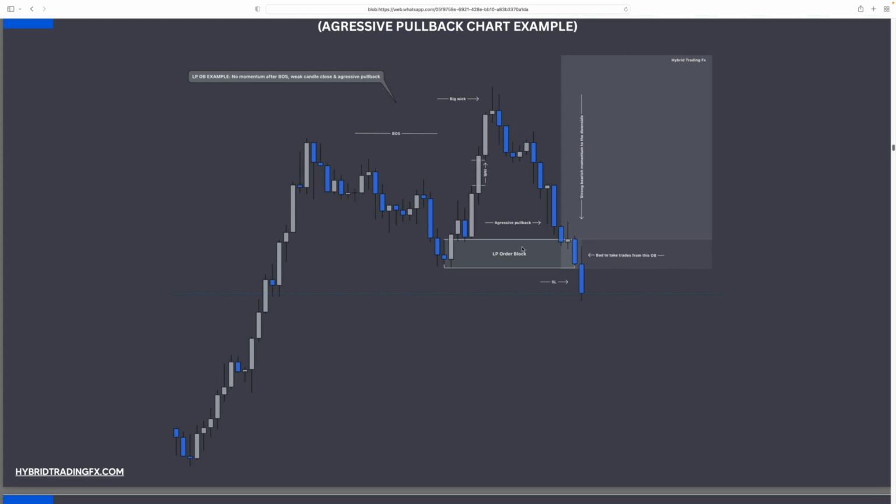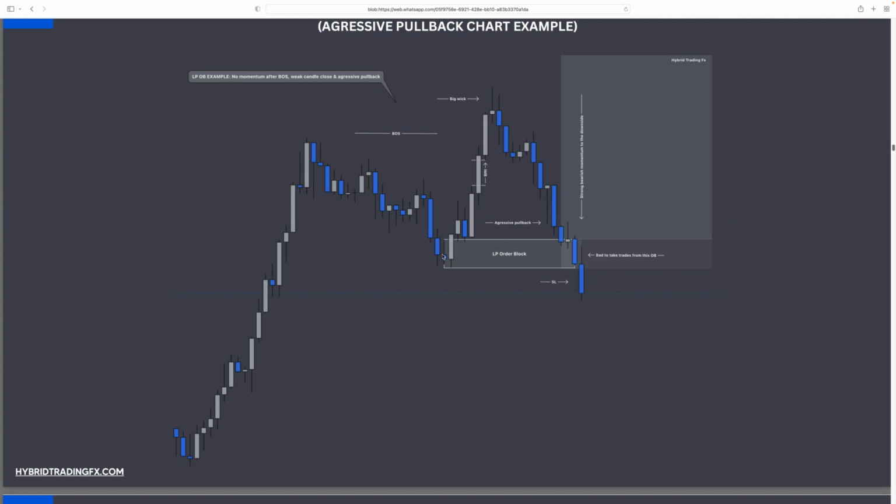So pullback is actually really important. Do not ignore the pullback. If you have a corrective pullback, your trades are going to be higher probability, because a corrective pullback indicates weakness to the downside and it's generating liquidity to the upside. So your trades are automatically going to be higher probability than you executing on volatility right here and on aggression going against momentum. It's almost never a good idea, especially if you have a tight stop loss. So again,